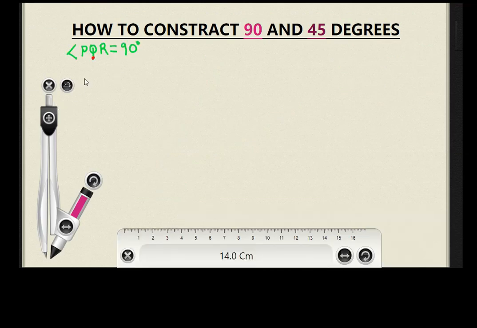We are constructing 90 degrees. We shall have our line like that. Say if this is our Q, always you have to extend the line to the other side. When you are constructing 90 degrees, you have to extend that line from Q on the other side such that you can be able to construct it. So at this point we want to construct 90 degrees. So what I'll come and do, I'll draw a straight line like this,